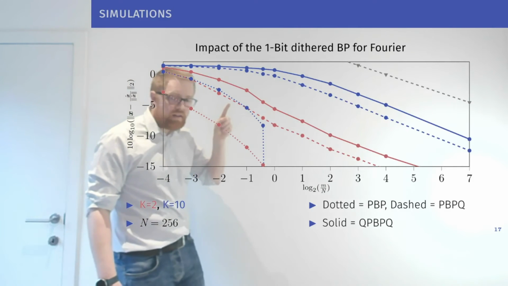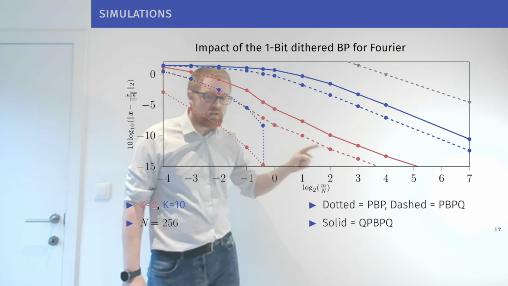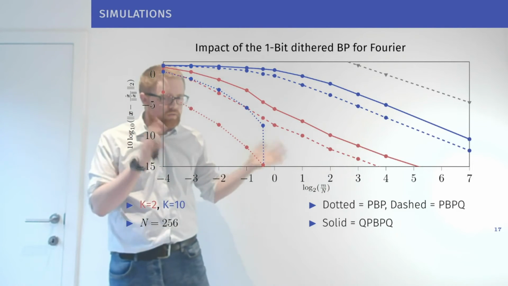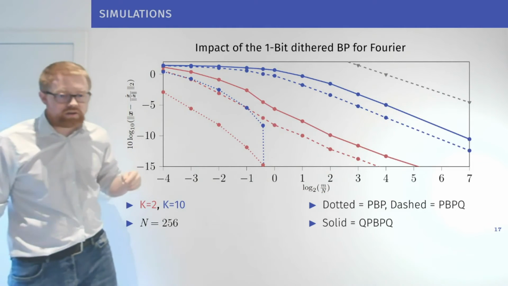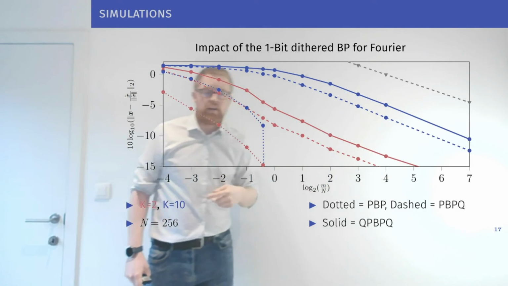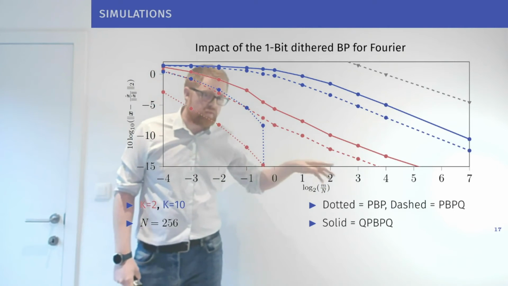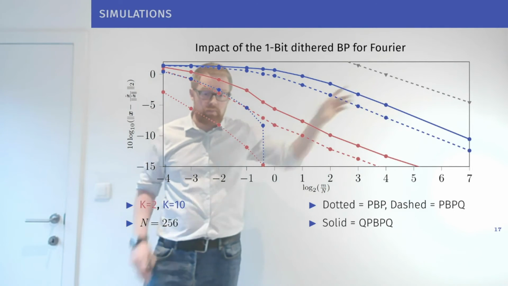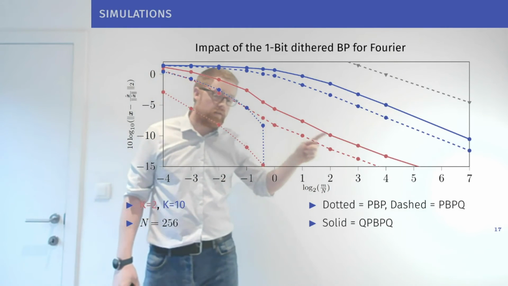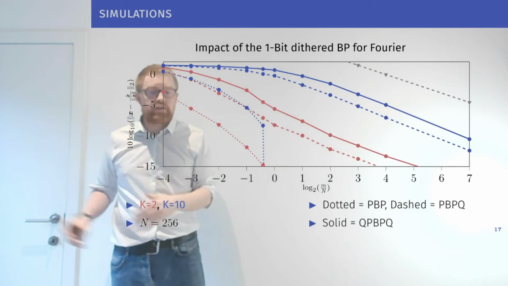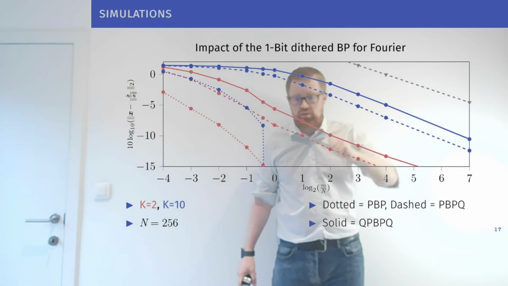So the red dashed curve is for where you have two non-zero components, and this is the curve for a high resolution back projection on quantized data. Here we're looking at the L2 reconstruction for different numbers of measurements in log terms. You see that this curve scales as 1 over square root of m, as expected, but when you compare it to the solid curve, which is the quantized back projection on quantized data, it is exactly the same, just slightly shifted to the right.